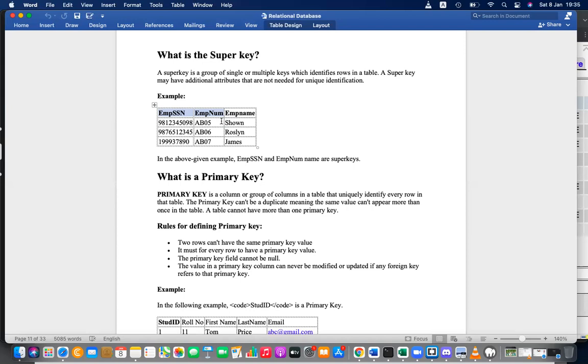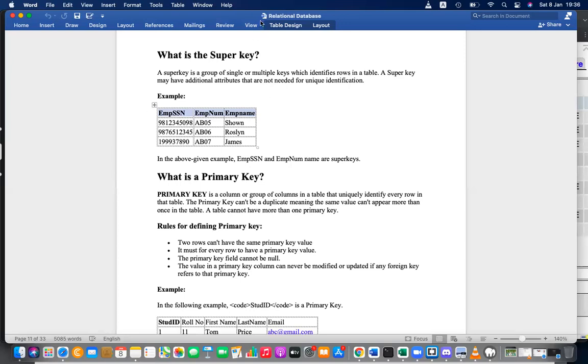A super key can be any single or multiple keys which identify a row in a table. Employee SSN and number together, is it a super key? Yes, it's a super key. So if I take employee number and name together, is it a super key? Yes. If I take employee SSN, employee name and number, all three, is it a super key? Yes, it's a super key.